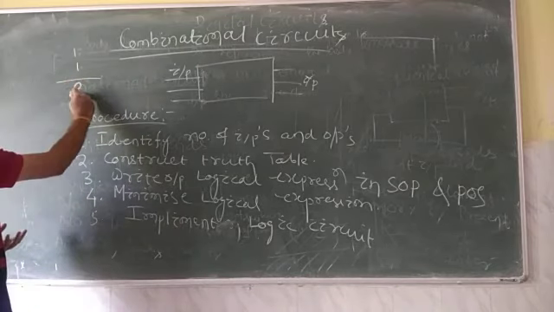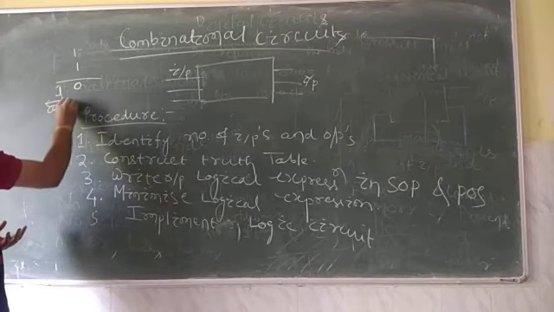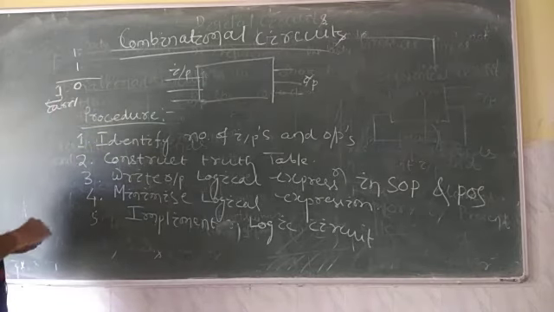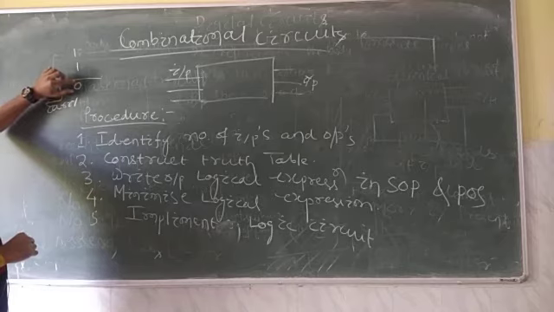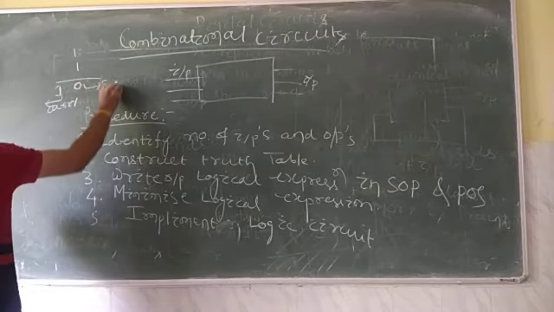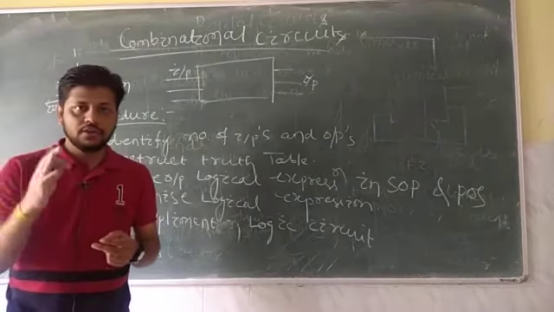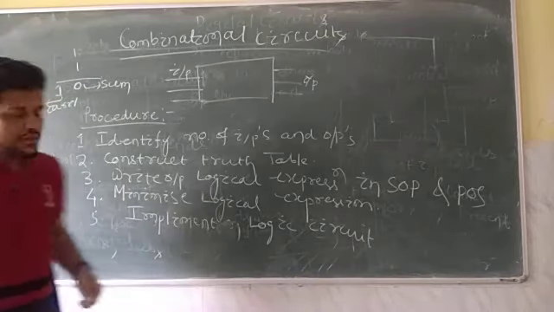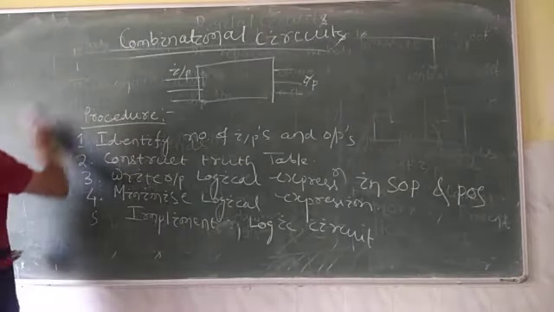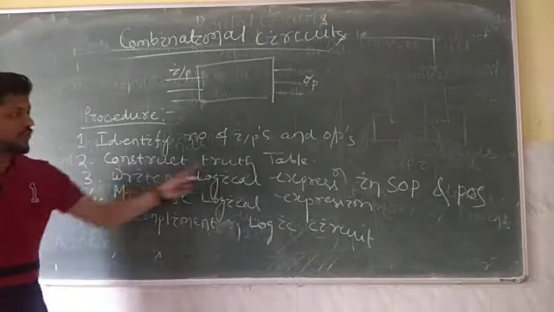0 is the output, but we also have one carry. So basically you give inputs of 1 bit each, and the output produces a sum, which is the result, and another output, the carry. So we have 2 inputs as well as 2 outputs. What are the outputs? The sum and carry. So the first step is to identify the number of inputs and outputs, then construct the truth table.